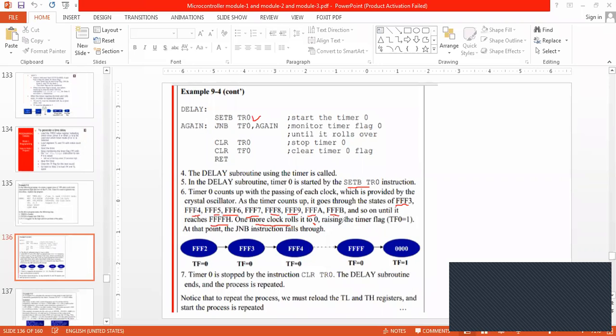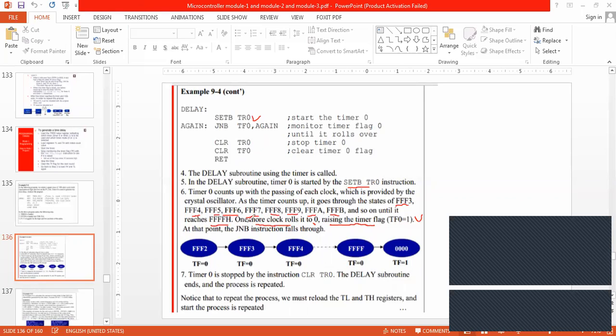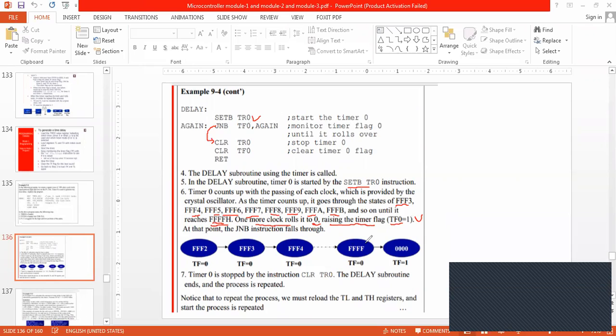Then what will happen? The timer flag is raised, equal to 1. So FFFF is the maximum limit, then when it reaches 0, TF0 will become 1. Then we will come out from this loop. So FFFF, then it goes to 0, then TF will become 1, until that TF is equal to 0.